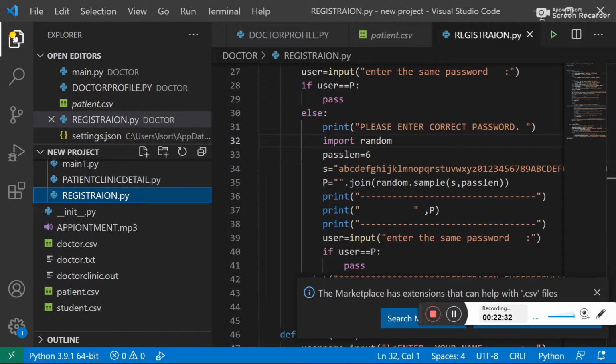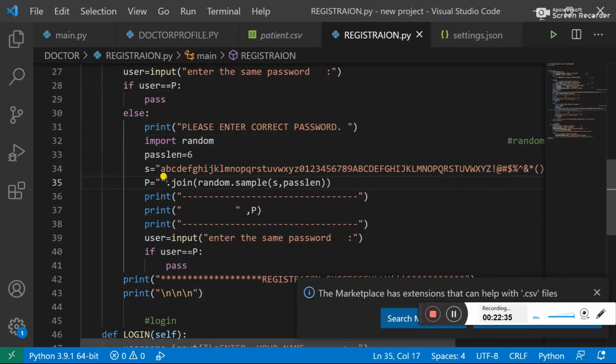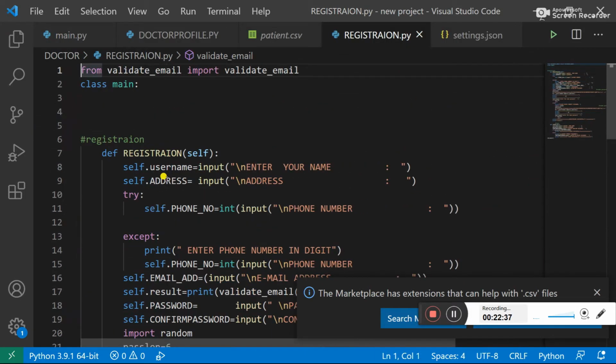Okay, after that, registration. Before that, I want to tell you that here I am using the package concept. We know that a package is a collection of modules, and a module is a collection of classes, functions, fields, and so on.